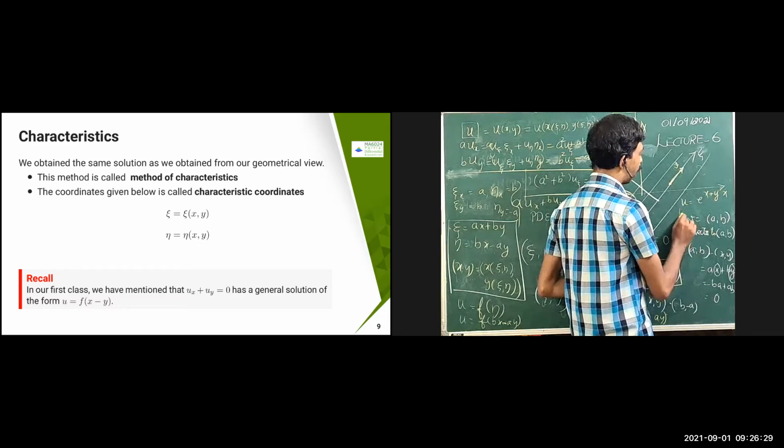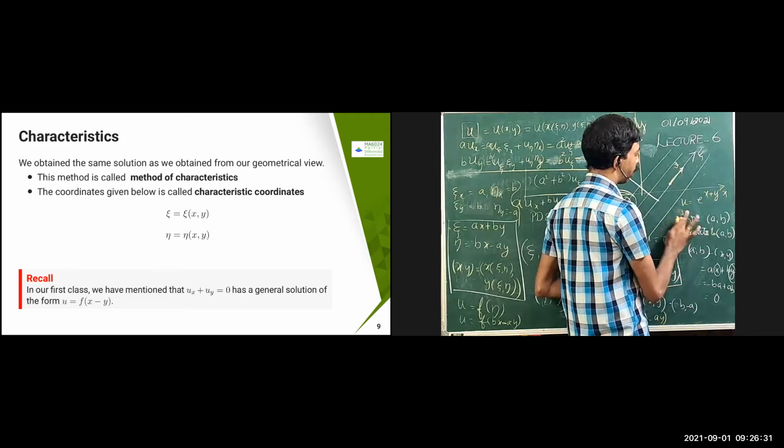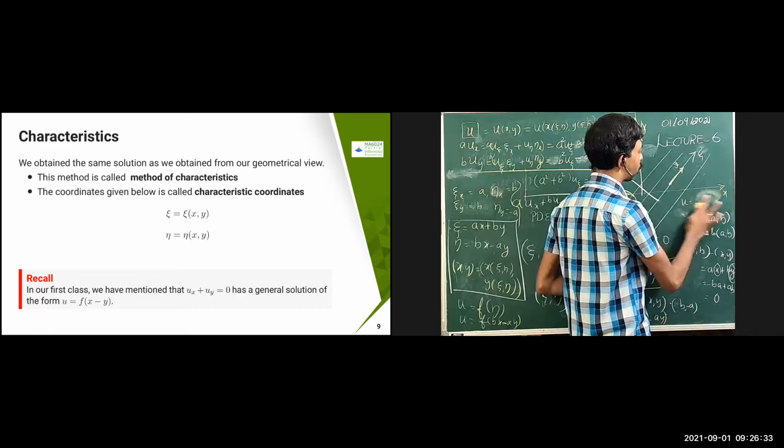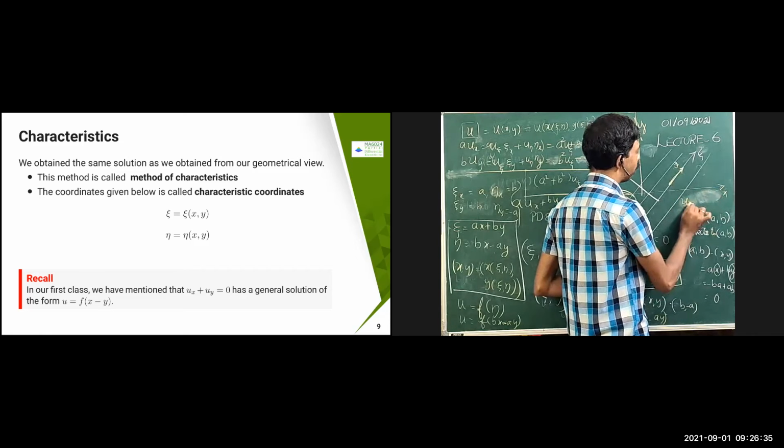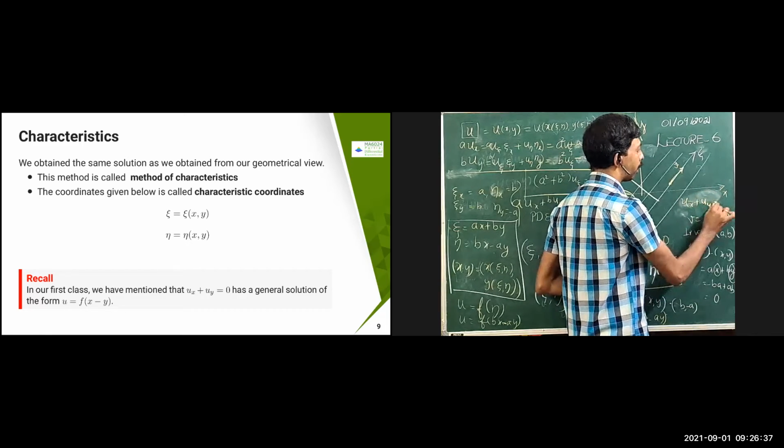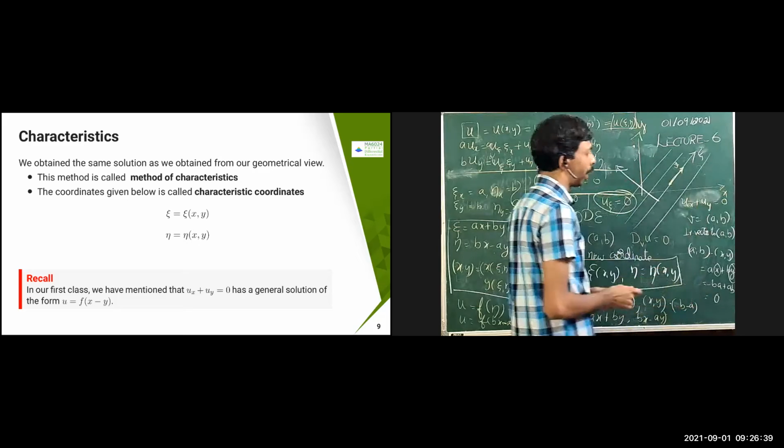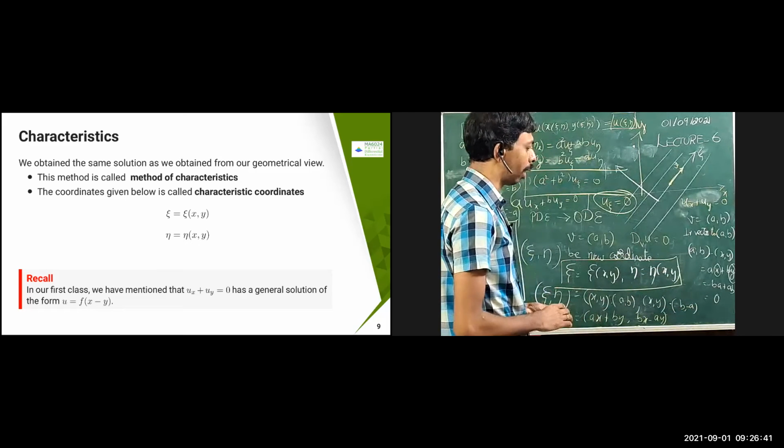Okay, and then we calculated what is ux, uy and then we solved it. So in general, I asked this question in the very first class or second class, I think. Ux plus uy equal to 0. Does it imply that u equals e to the power x plus y? Is it true or not? I have asked one question like that, I think.